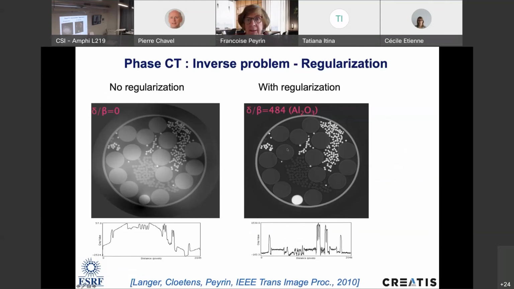So we developed a method which allowed to introduce a regularization in this phase retrieval problem. And if you apply this regularization, you can see that for the same phantom, previously what you obtained without regularization was this image, and what you can obtain now is something that is more flat. So you can see the different structures as well, but you have improved the accuracy of the image because you have eliminated this non-flat background, and it will be easier to do quantification after that.